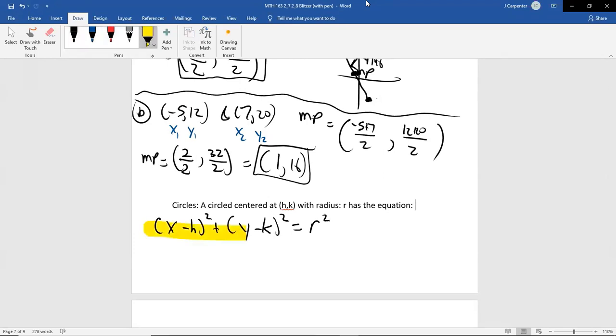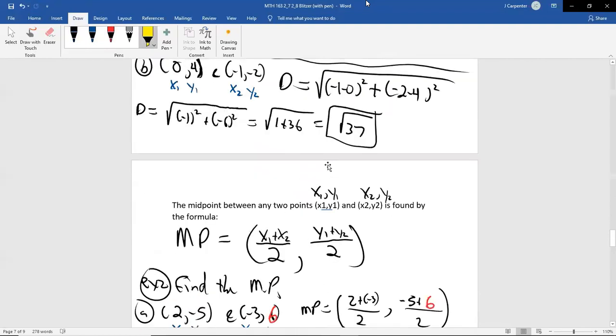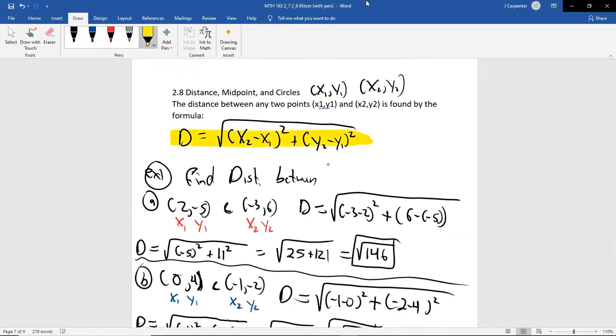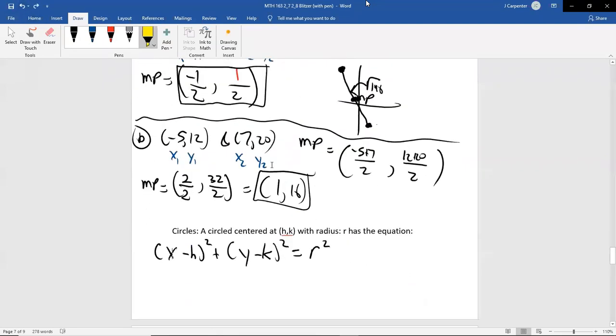This formula right here is just a rearrangement of the distance formula. They are extremely related to each other in the same way that the slope formula was related to the point slope form of a line. You just change the 2's and 1's. You drop the 2's, so that's an x and a y. And the x1 and the y1, you just instead call them h and k for reasons. You could still call them x1 and y1 instead of h and k. There's nothing wrong with that. It's just a choice that classical mathematicians have made. H and k we like to use for vertex points, for centers, etc.